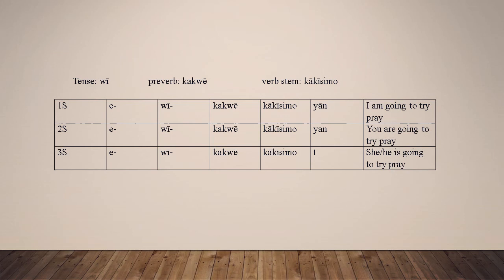We, preverb, kagwi, verb stem, kagissimo. 1s, iwi kagwi kagissimuyan, I am going to try to pray. 2s, iwi kagwi kagissimuyan, you are going to try to pray. 3s, iwi kagwi kagissimut, she is going to try to pray. Tinigi nenuskumatin,